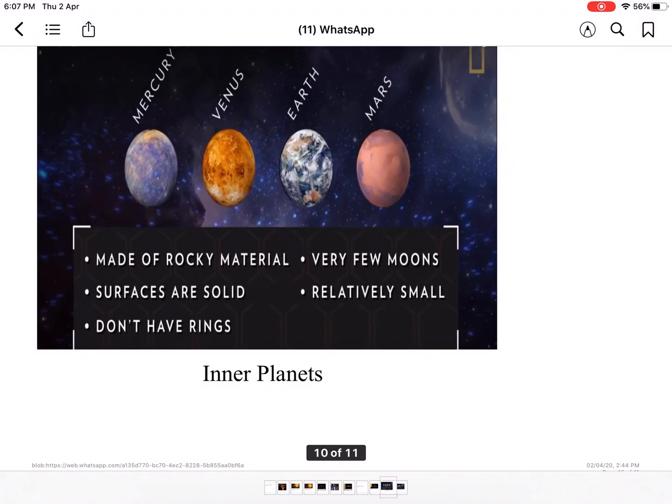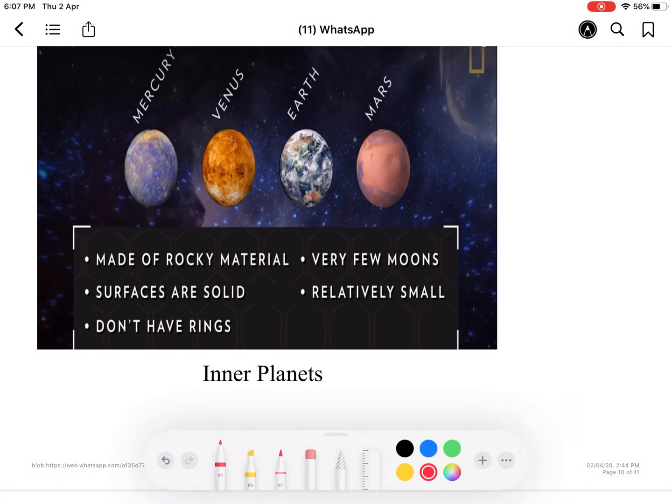Now these are the features of the inner planets, and the names you already know: Mercury, Venus, Earth and Mars. The features of the inner planets are that they are made of rocky materials, so their surface is hard and solid. They don't have rings, and they have very few moons. First of all,